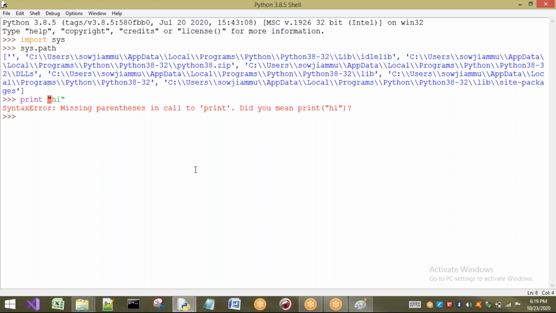It is clearly saying, see, it is suggesting to us, not only saying it has a syntax error, that print high. Why is it saying print high? It can understand what I mean. The reason is that the same statement is correct in Python 2, so it knows that if a Python 2 programmer writes a program in Python 3, he will write this type of print. But according to Python 3, if you want to print anything, I have to compulsorily use this parenthesis, and inside that only I have to write what I want to print. Now there is no problem. Okay, so this is the concept.